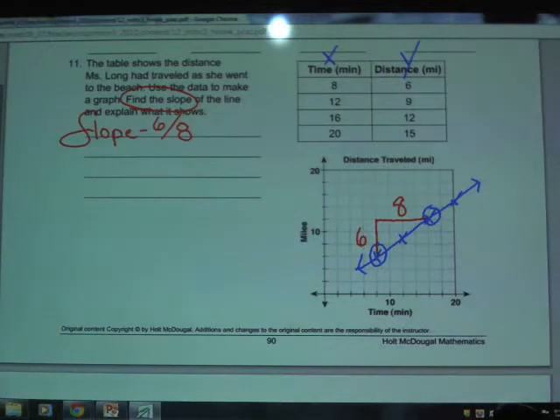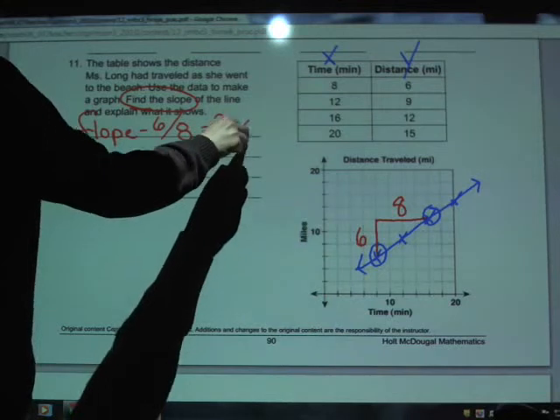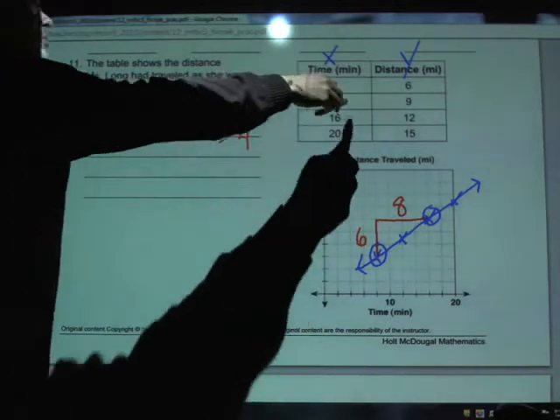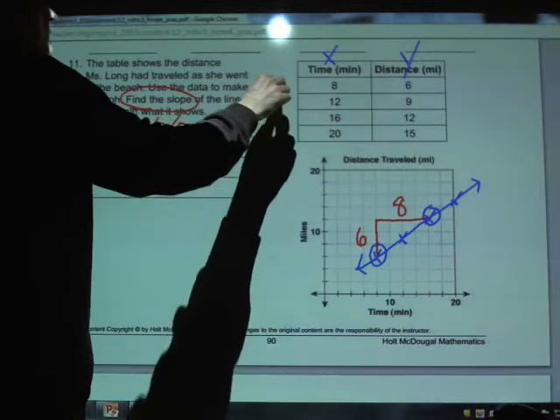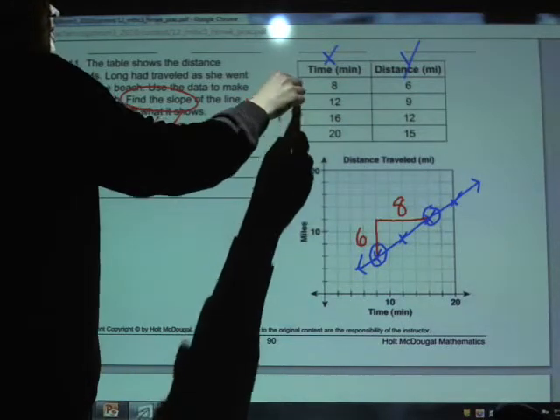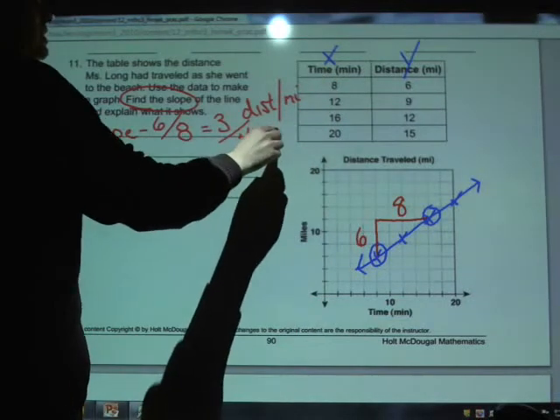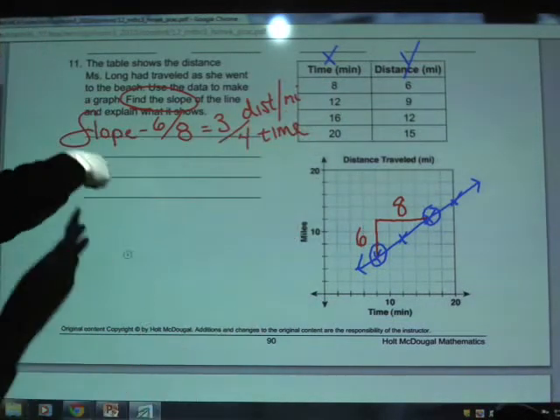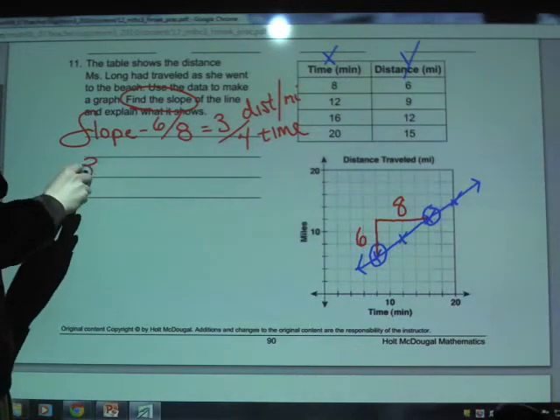All right, so what does the slope of 6/8 mean? Or if you want to reduce it, we can reduce it down to 3 over 4. Well, remember, the y numbers represent the distance. So 3 is a distance, or miles. And this 4 numbers from the x's, which we've now equated to time. Well, if we put all that into context now, that means for every 3 miles traveled,